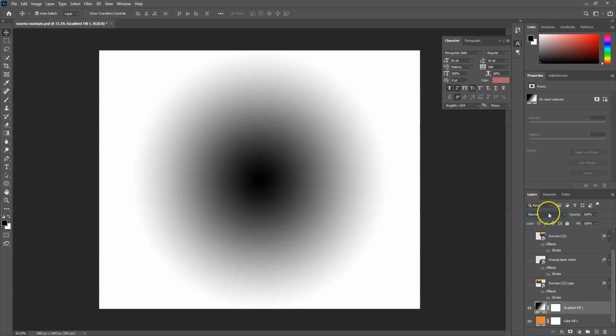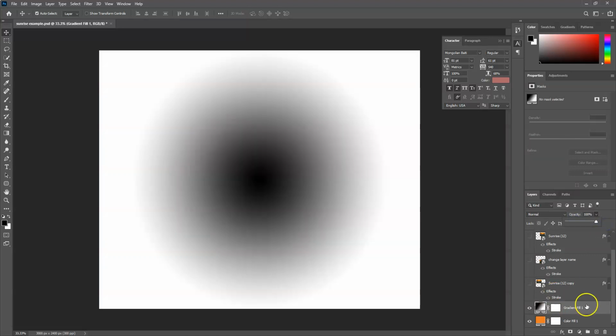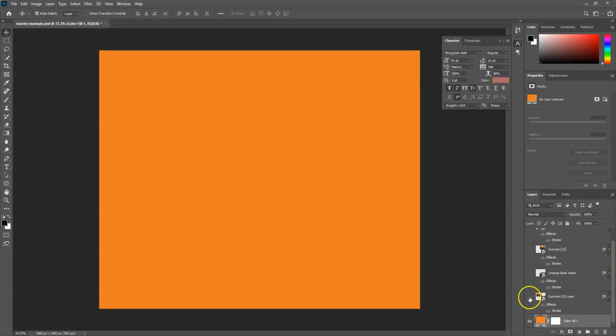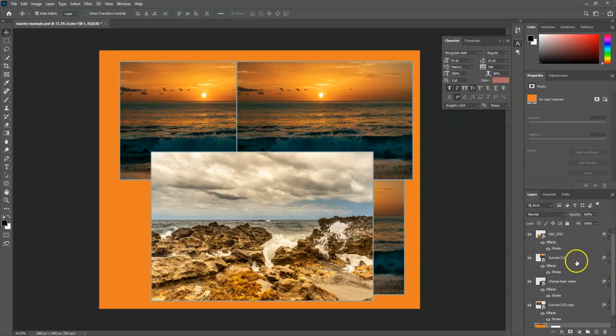These are your blend modes, and there's a video on blend modes that explains a whole bunch of different things that you can do. You can turn the opacity down, and it will start bleeding through. And to delete, just highlight, click delete, turn these back on. And that's a real quick rundown on